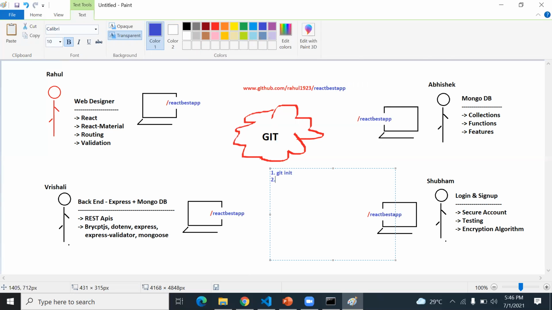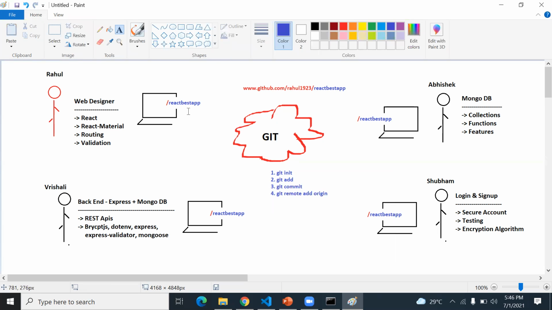This is the first command. The second command you run there, you type the git add command. The third command you write is the git commit command. As well, the fourth command you may write is git remote add origin master or the link which you want to continue. So this is how you have to first run some commands. All of you are going to execute these commands.